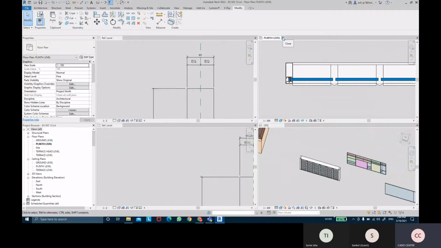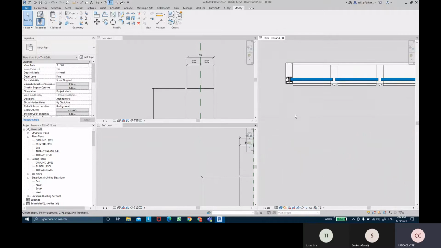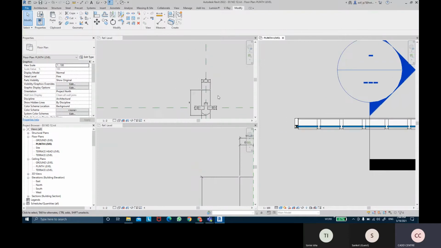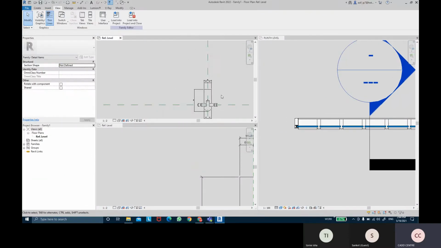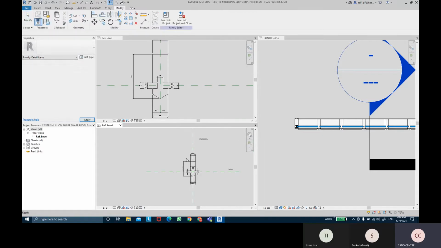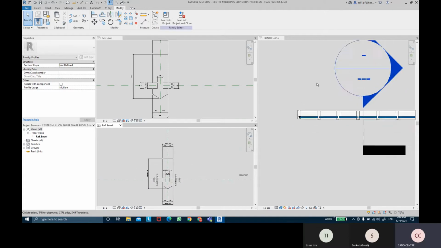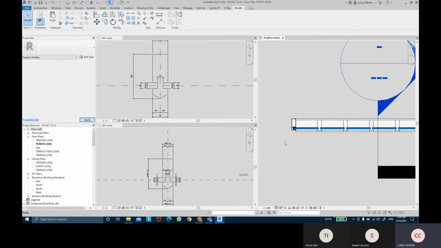I'm going to close one of these 3D views which we don't want to view. This is the detail item view, and this is the profile family that we have created. So I've tiled all my windows so that I can see simultaneously what's going to happen